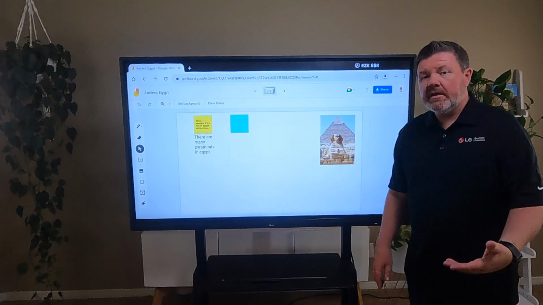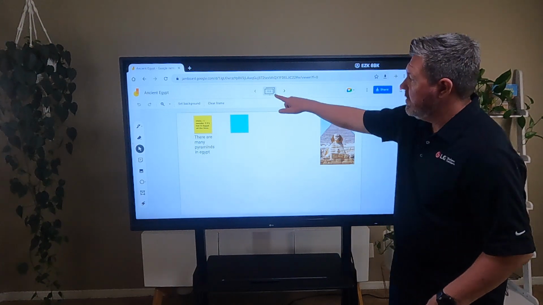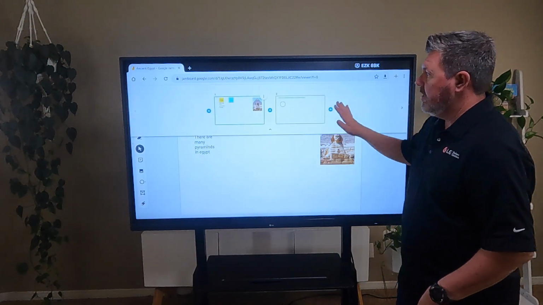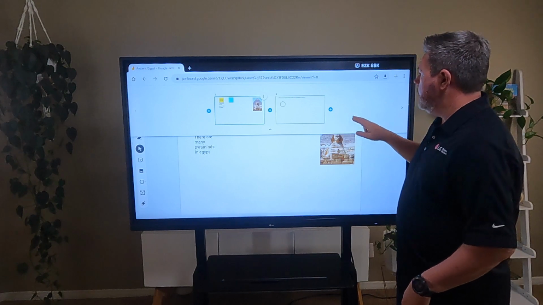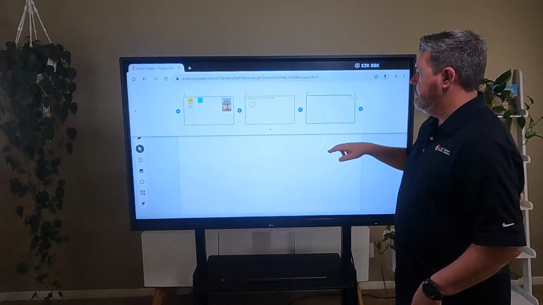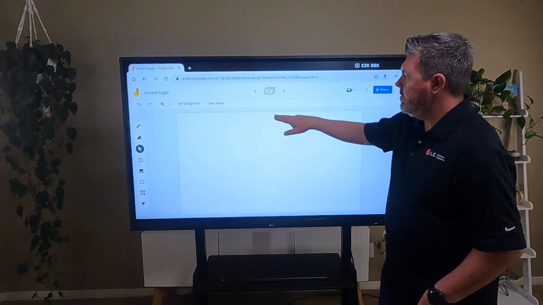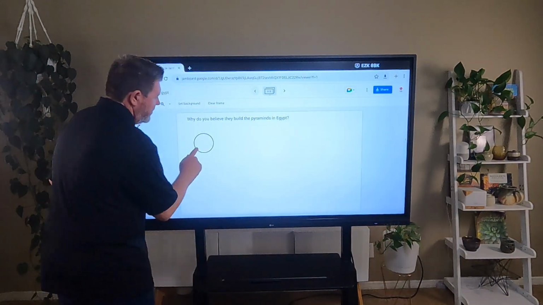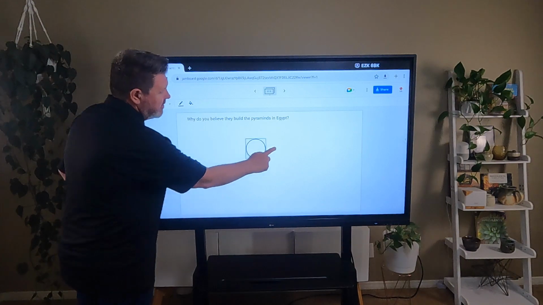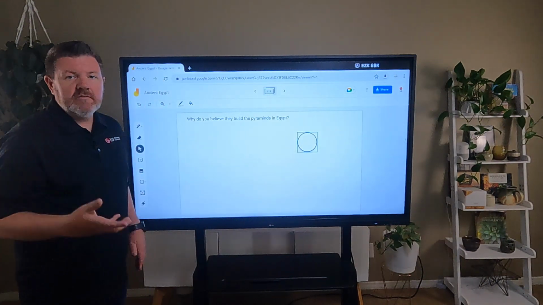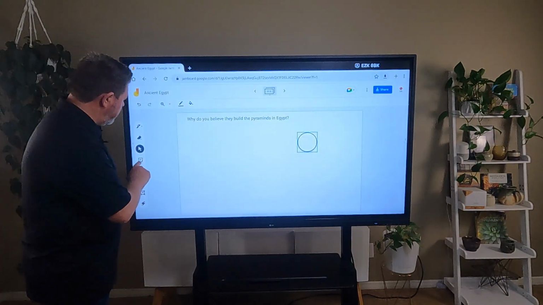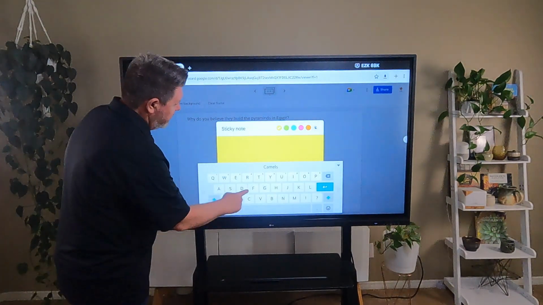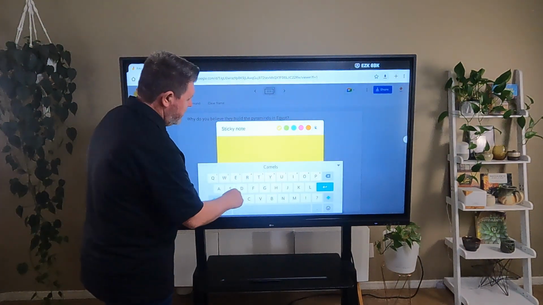On our Jamboard, we can do all sorts of things. As I've shown before, we have our multiple boards and we can quickly add them. But probably more importantly, here's the easiest things we can do. We can quickly and easily move things on the screen, and our students can see that interaction in real time. I add new post-it notes or new sticky notes to our screen,